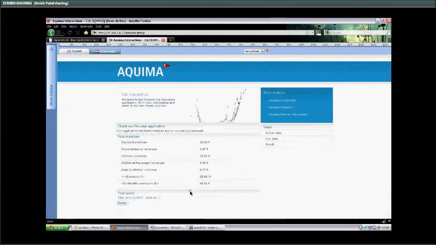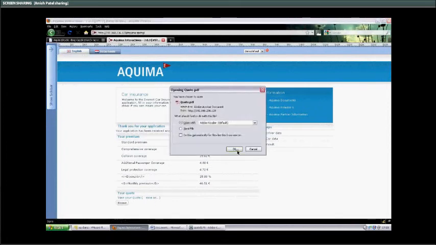Now, as you can see, I've been shown a page where it says thank you for your application. So I've been accepted as a customer, and it's actually showing my premium and my standard premiums, comprehensive premiums, my discount, and my monthly premiums. Below that you can see your quote. This is the document that I showed you previously in the Aquima Studio, and this is basically the quote for my car insurance. If I click on it, I can open it as a PDF file,